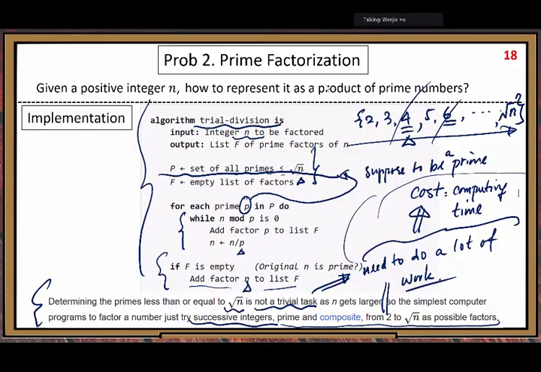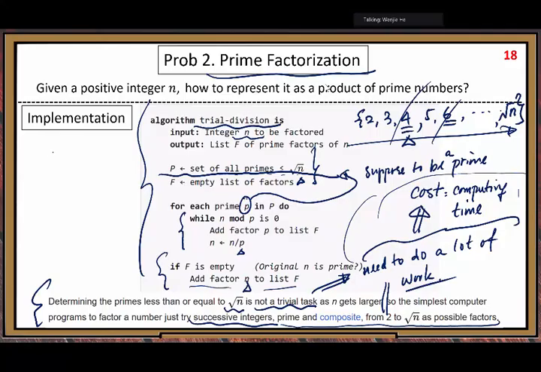But this prime factorization, remember, in the previous slide, I mentioned in Module 3, when we learn the topic of greatest common divisor, we will apply prime factorization again. So at that time,